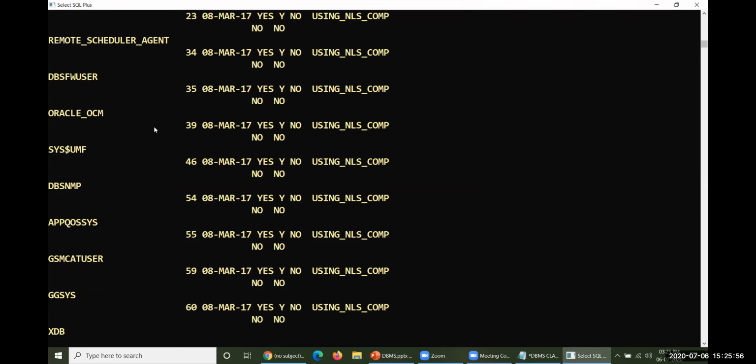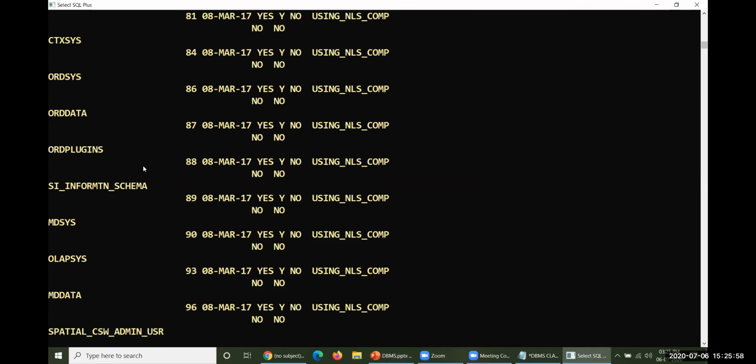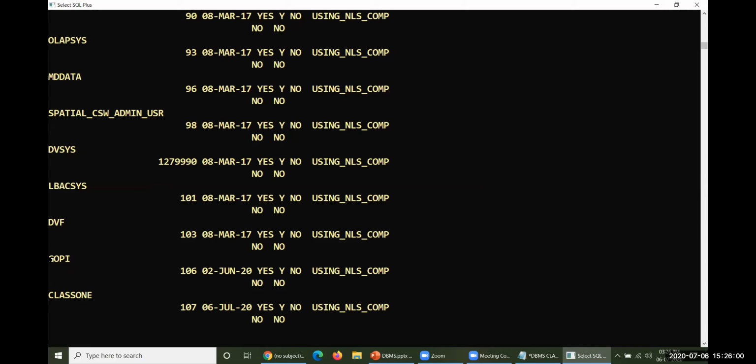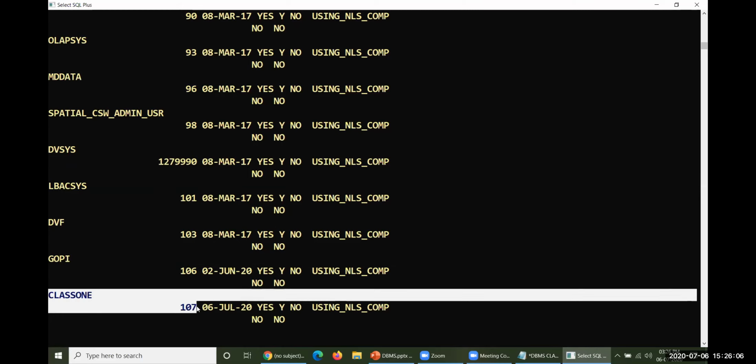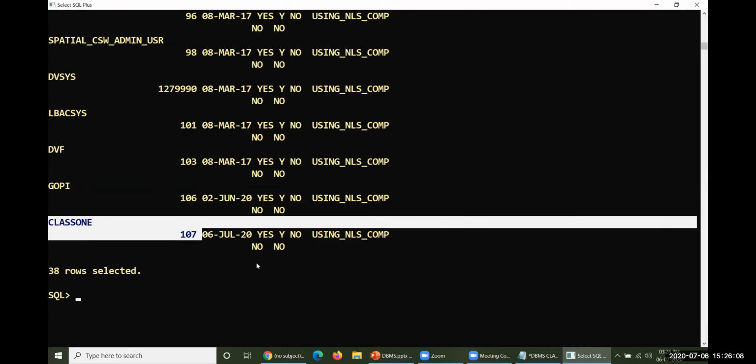GP user, Oracle, something like this. At the end, our users could be there. Here you could see Gopi is 106, my user ID number, and class 1 is 107, the ID number. And if you want to drop this particular user, first of all, you need to move to its parent. Parent in the sense it's the previous user.